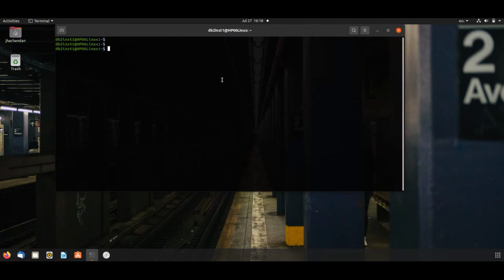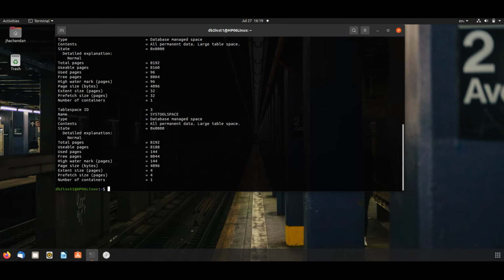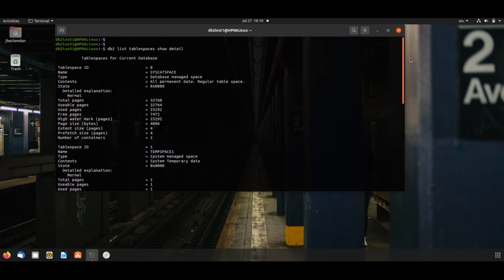If we want to list all the table spaces of the db2 database, we will issue this command: db2 list tablespaces show detail. It will list out all the table spaces of that database.